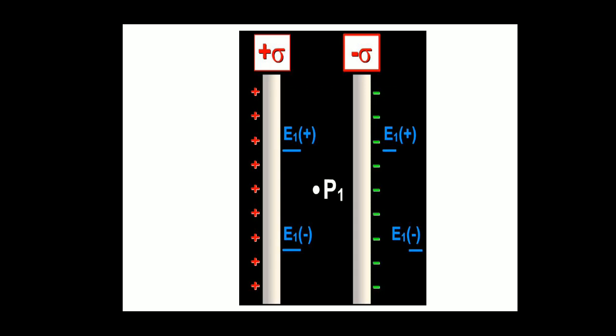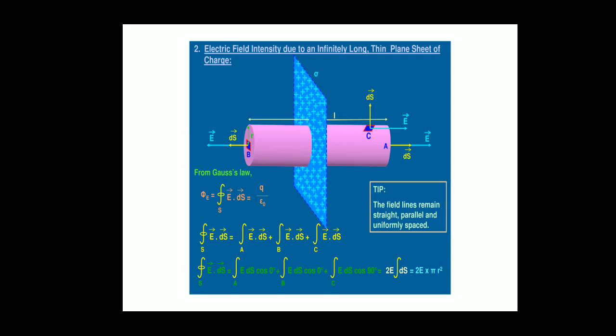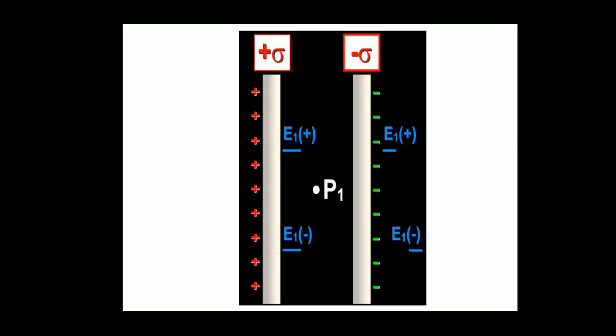So in today's class we studied plane sheet charge distribution and how to draw the Gaussian surface. We chose a Gaussian surface as a cylinder. You can take one more thing here: instead of a cylinder, the pink color one, you can take a cuboid also. If you take a cuboid, you will get the same formula. The application of this I'll discuss in the next class. So we derived the expression for electric field due to an infinitely large plane sheet: sigma by 2 epsilon naught. This is the application of Gauss law.